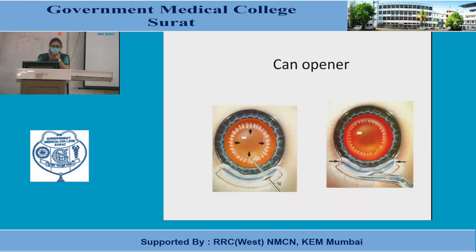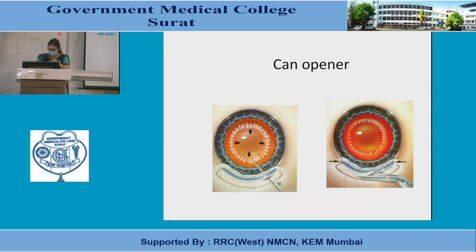When you have made multiple nicks and then you tear open the central part and remove that particular flap, that makes a capsulotomy like this. So that is your can opener. The word can opener refers to when you are opening a tin, the way ragged margins are there, the same ragged ends you have here. So you can imagine and correlate what complications or outcomes can be encountered if you have such ragged ends. Whenever you are maneuvering, these ragged ends can extend to the periphery, right? So it can result in extension even to the posterior capsule of the lens, which is the thinnest part, and result in secondary complications.